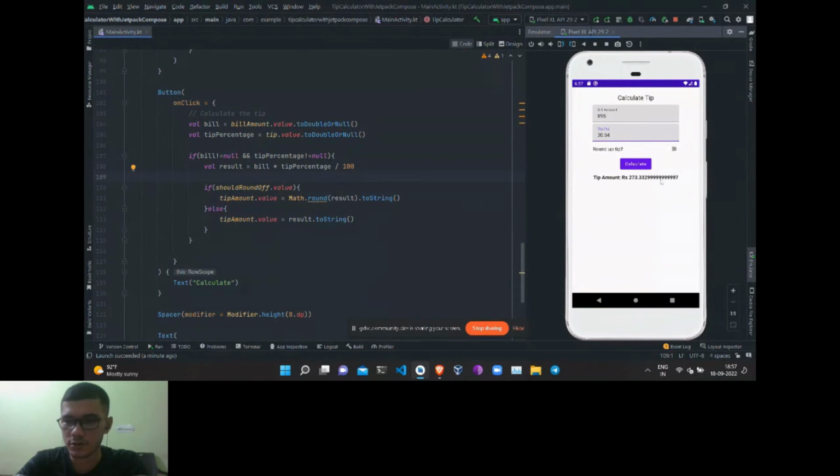Since this result is long, if you want to show only some decimal numbers after the point, there is a method for doing that also. Let's remove this from here and let's put it equal to,